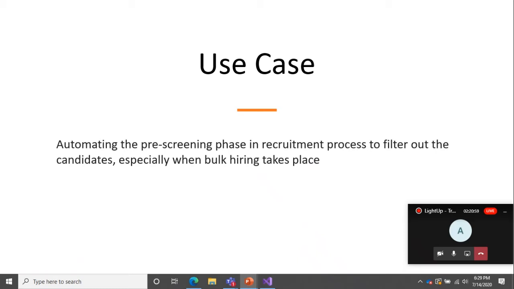So let's take a scenario where an organization is looking for bulk hiring. Say they want to hire 10 to 100 candidates. Now, to address such a requirement, one of the most common things which most organizations do is just conduct a recruitment drive and promote this event using various channels on social media. Now, what will happen is that although you're looking for 100 profiles, you got 1,000 or 2,000 profiles. How are we going to deal with that? So one way to get rid of it is